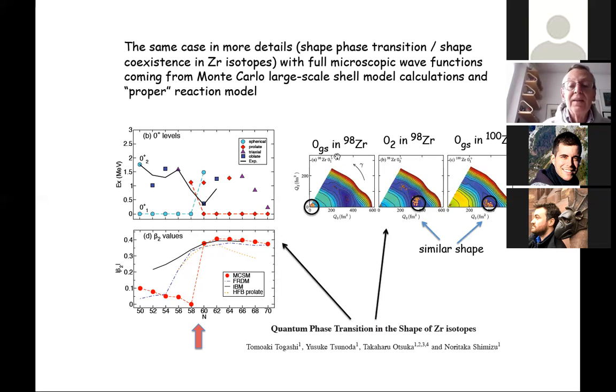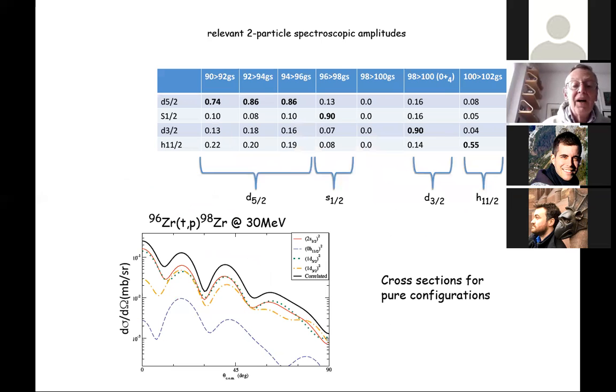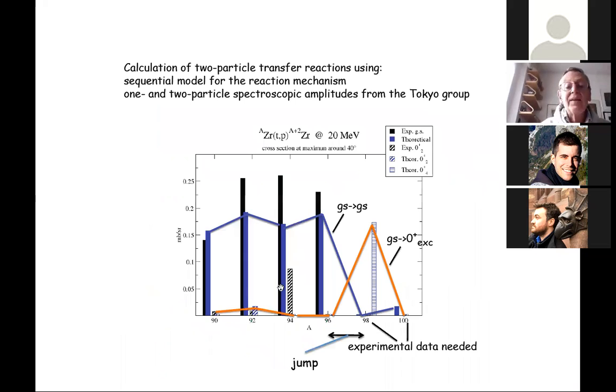The ground state in zirconium 98 is spherical. You can see this from this energy plot in the beta-gamma plane, and the excited state is deformed, but this deformed state becomes the ground state in zirconium 100. Now, if you do a calculation by using one- and two-particle transfer amplitudes provided by this Monte Carlo calculation, then you can see that in fact you get a strong